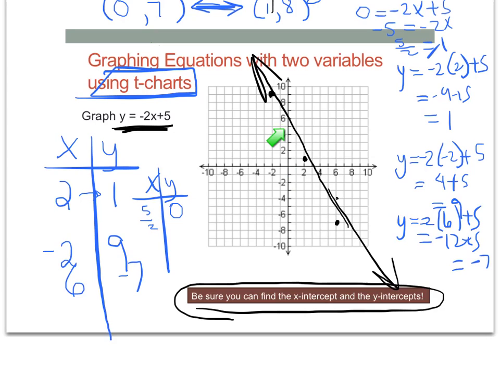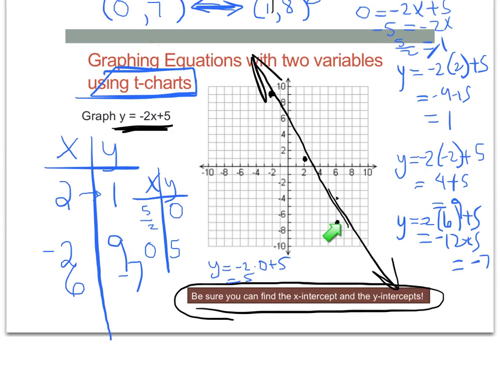Now we want to find the y-intercept. It looks like it's up at 6, but I'm not sure. So to find the y-intercept, we put a 0 in for x. So if I put a 0 in for x, back in the original equation, I have y equals negative 2 times 0 plus 5. So that's just 5. So it looks like my drawing was a little bit off. This was supposed to be at 5, but I'm not surprised my drawing's a little bit off.